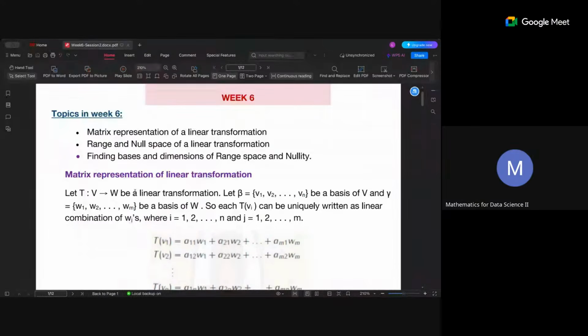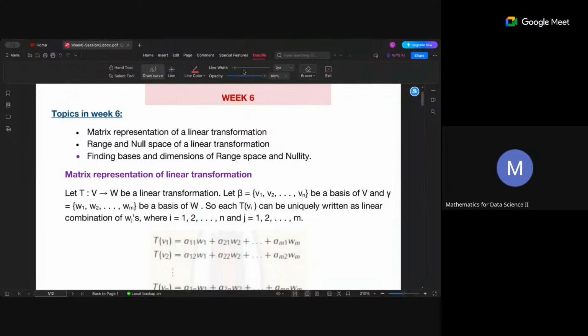So if you have a linear transformation T from V to W, and you are having n vectors in the basis of the vector space V, what is the dimension of V? N. Yes, the dimension of V is n. And what about the dimension of W? Because you see that gamma has m vectors as a basis for W. So what should be the dimension of W? M, right? So you are having a transformation from a vector space of dimension n to a vector space of